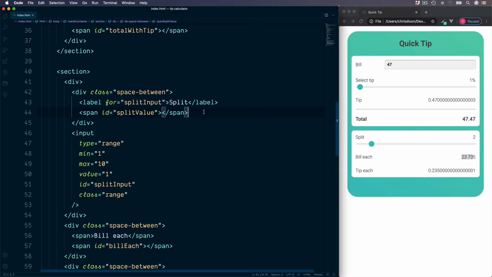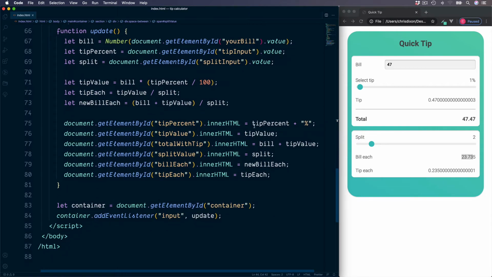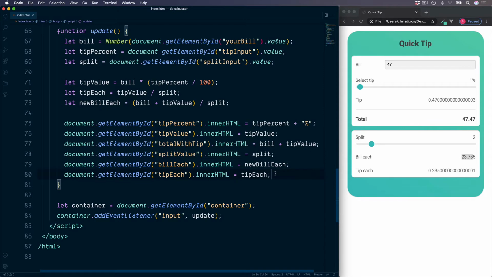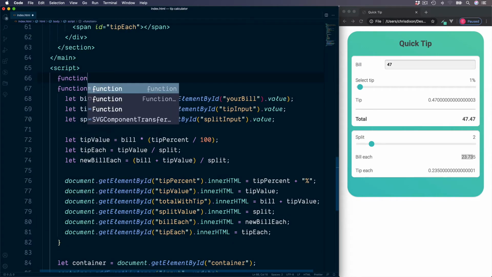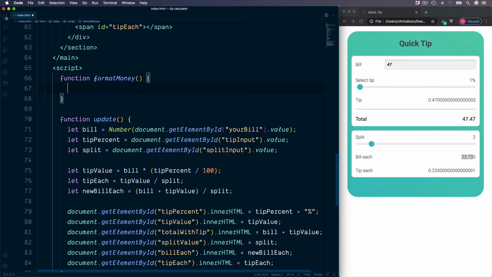So to do this, we're going to go down to our script, and if we take a look where we're outputting all of these values, instead of simply outputting a variable, we're going to pass this to a function. Let's create this function right at the very top. We'll begin with the function which is going to format our money. For this to work, we also need the actual currency value to work with, and we'll pass this to this